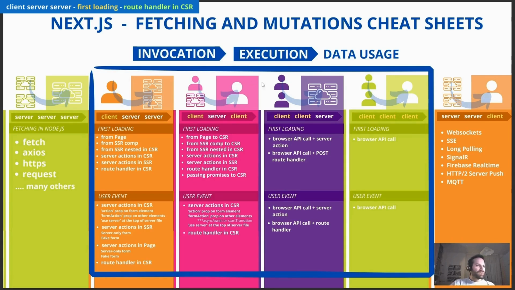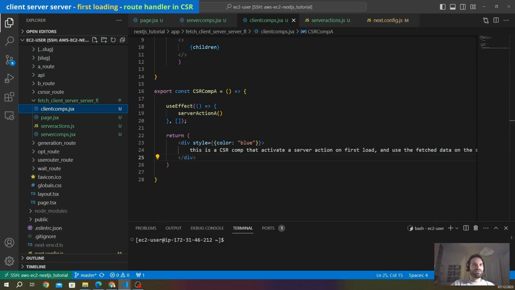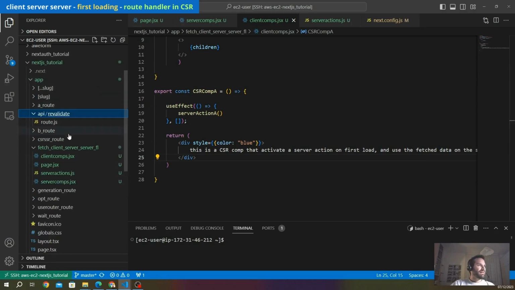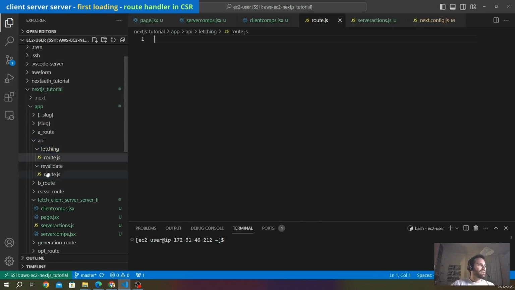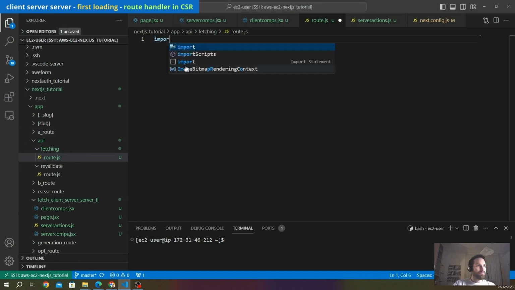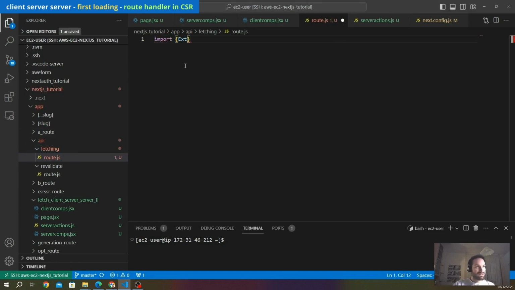First of all, we are going to create a route inside our API. We create a new folder that we call fetching, and inside we are going to create a route.js. Here we go. For the moment, we are going to create just a GET API. So we import NextResponse from next/server,